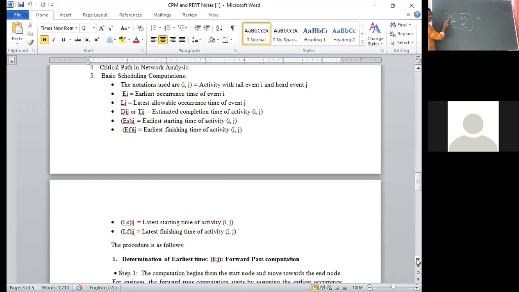EFIJ is represented as EJ, the finish. LSIJ is represented as LI. LF